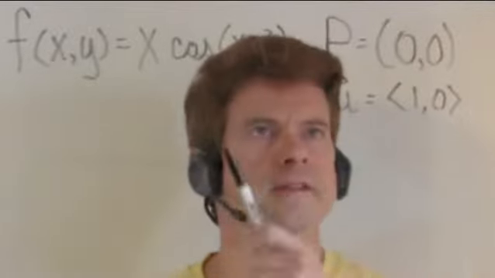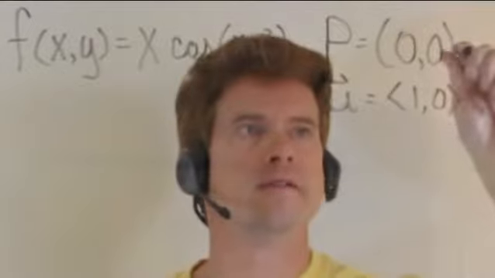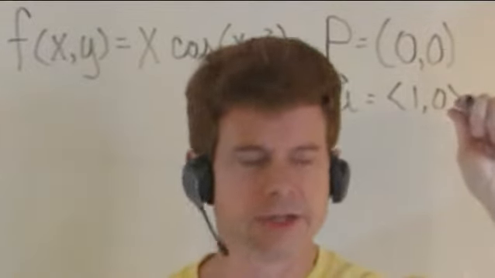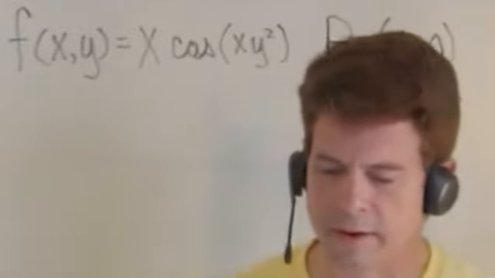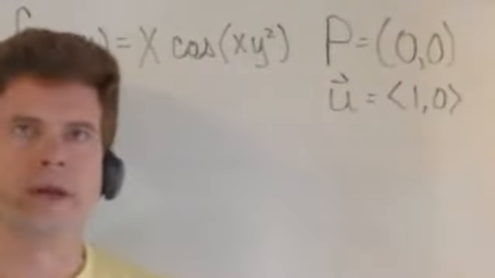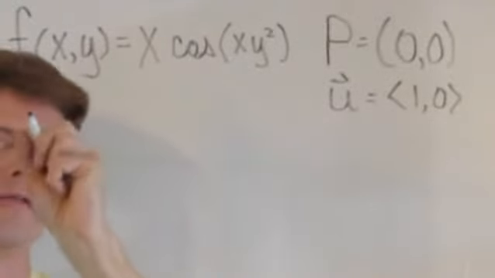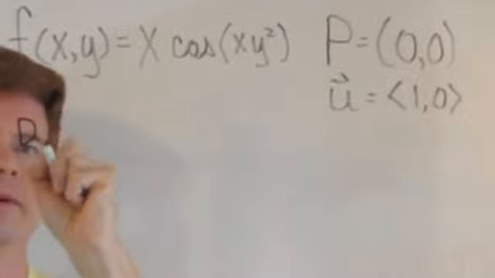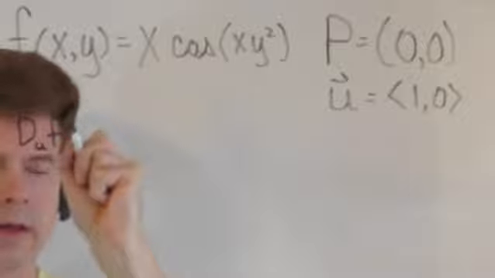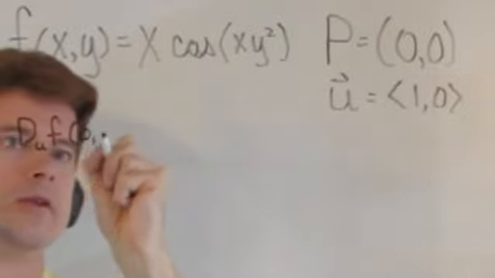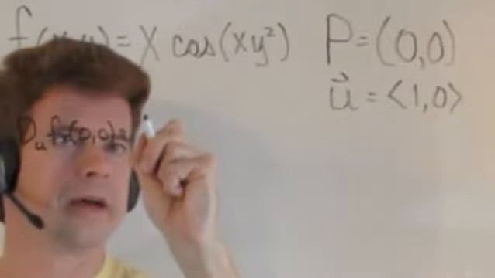We're asked to find the directional derivative of this function at the point (0, 0) and in the direction of this vector u = (1, 0). The first step we need to do is define the equation for our directional derivative. It's going to be Du f at (0, 0) is going to be equal to the vector